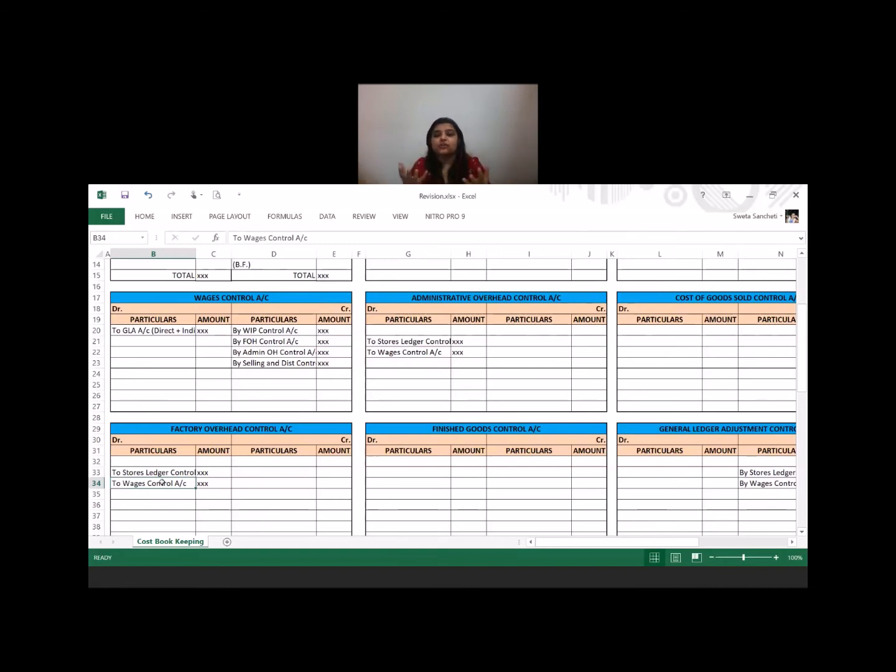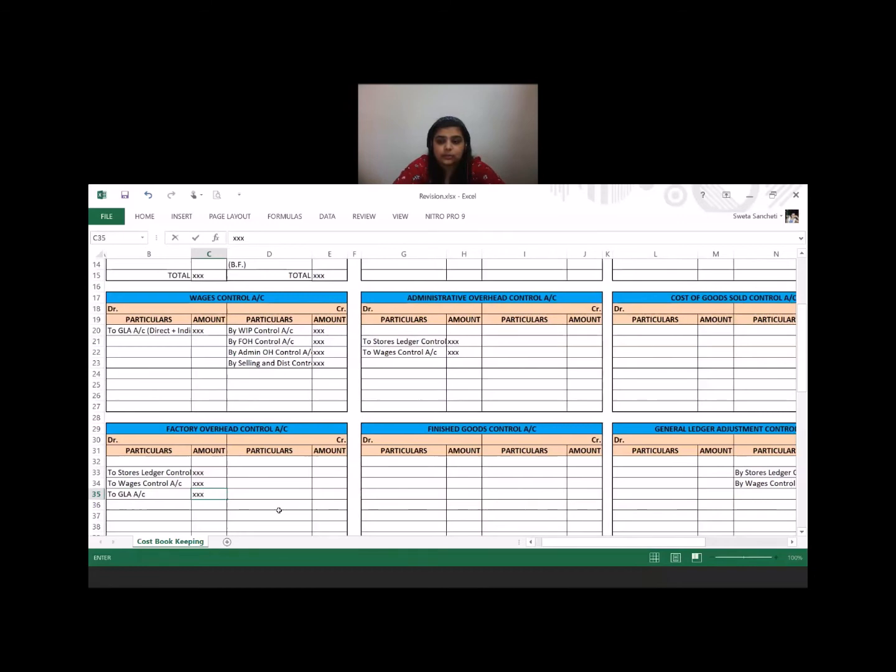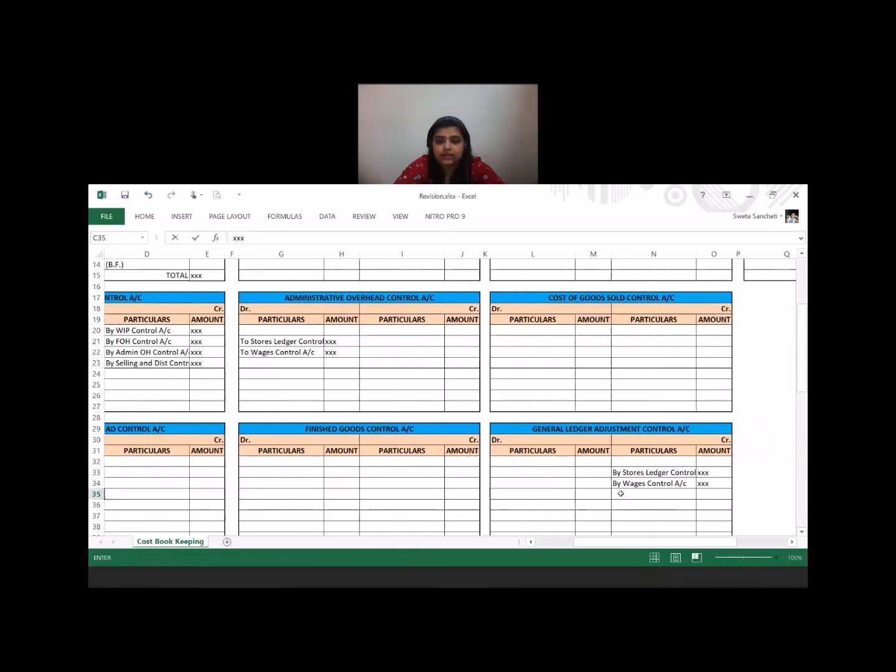So if cash has gone out for an expense, for an indirect expense, what will be the entry? The entry will be factory overheads to cash in bank. Obviously cash in bank, as I said, is a financial entry. So I will shift that to GLA. So my next entry is to GLA account. And this will go and hit my GLA again as by factory overhead